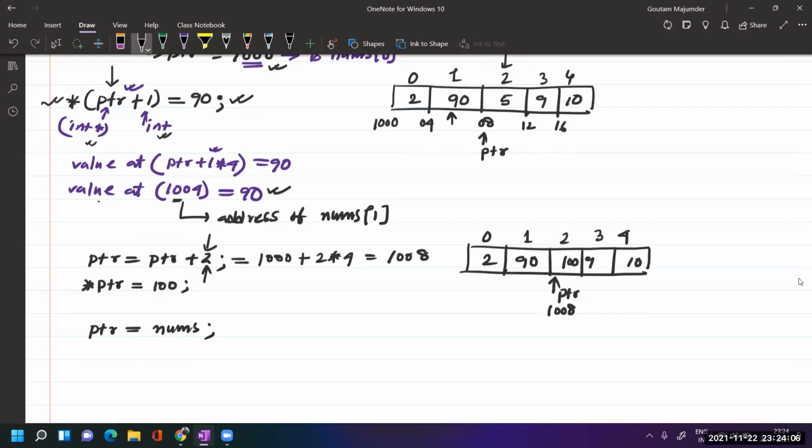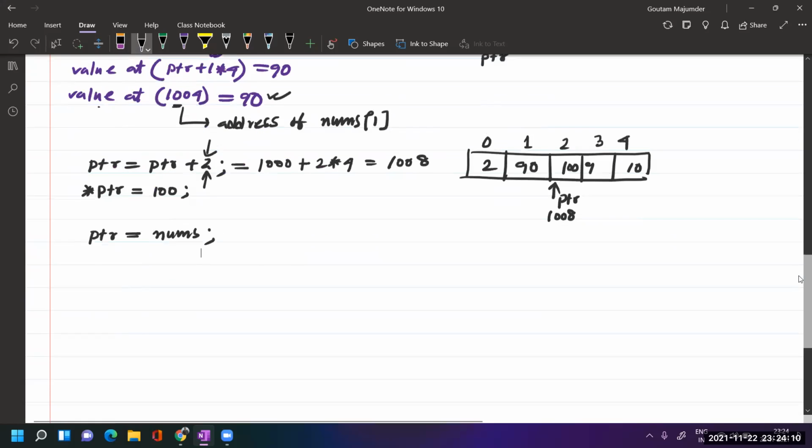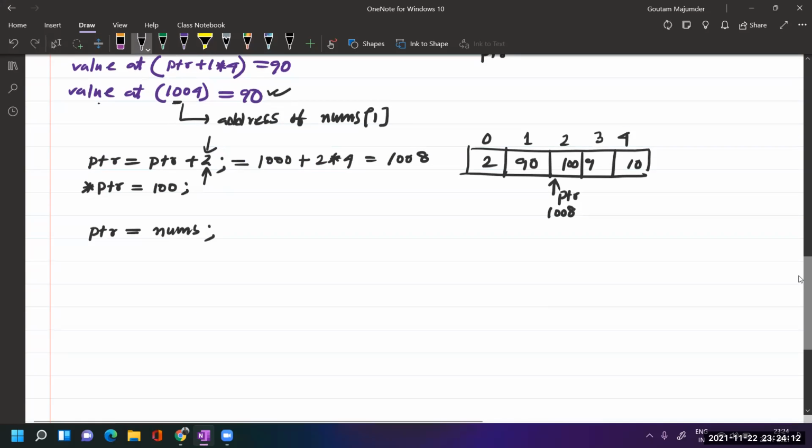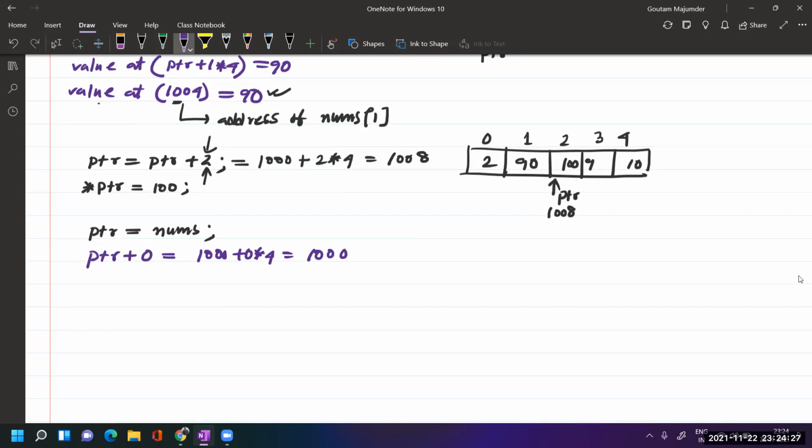I have set it back to the base address. Now suppose if you write this, what does it actually mean? See here, PTR plus 0, what does it mean? 1000 plus 0 into 4, that is 1000.